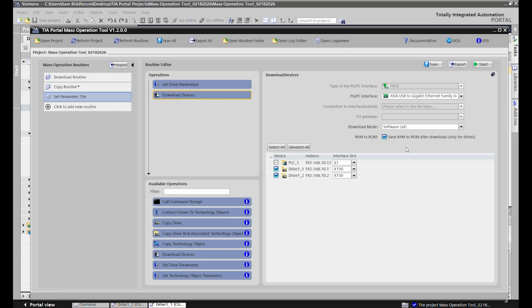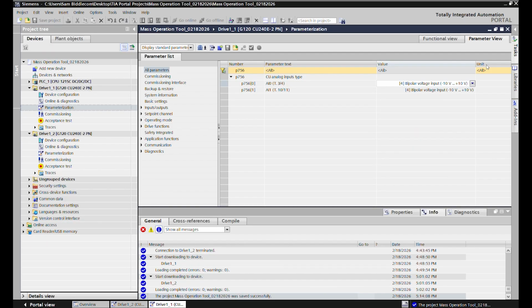And then once it would set this, we would then go to our download devices. Once again, doing a software all, because we've only changed something software related in our drive, and make sure it's applicable to both drives. And then also, like the next step in our VFD workshop, we would then save RAM to ROM because we had made a change in the parameter list. And so this would be a good opportunity to now do both a set drive parameters and a download all in one just by clicking start. Once you click start,